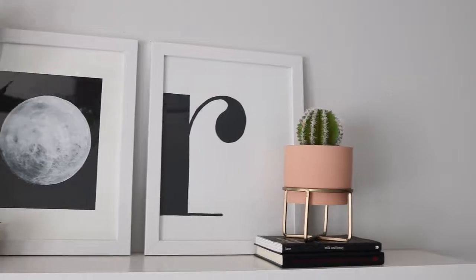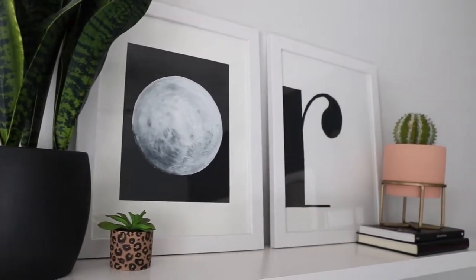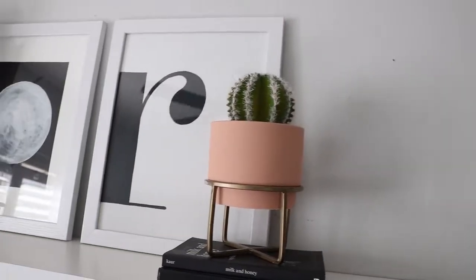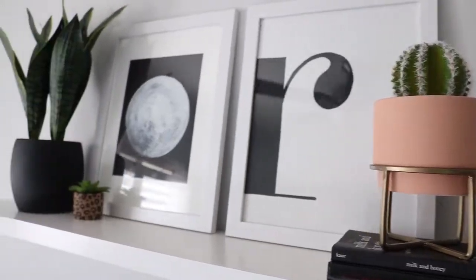So here I styled all 3 DIYs together, and they all complement each other very nicely, if I do say so myself. But yeah, I'm really happy with how they all turned out,